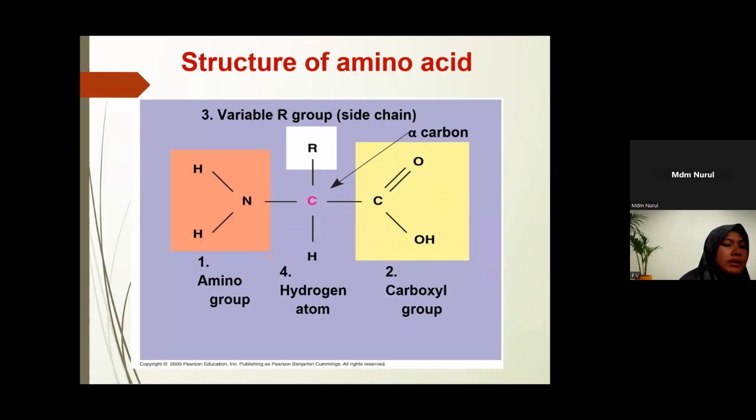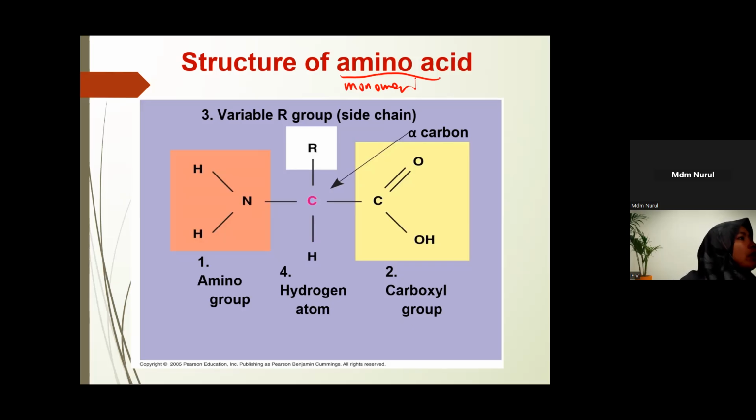All right. So we are in the discussion about amino acid. Discussion about protein. The monomer of protein is amino acid. So amino acid is the monomer. So we have discussed that